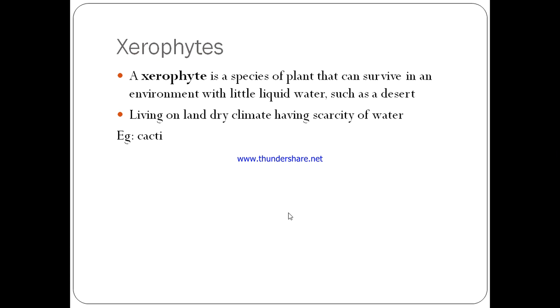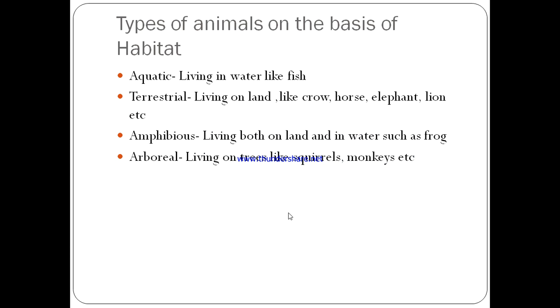Xerophyte is a species of plant that can survive in an environment with little liquid water. Example, desert. These xerophytes live on land which has a dry climate with a scarcity of water. Example, cactus. On the basis of habitat, animals can be classified into four: aquatic animals, terrestrial animals, amphibious animals, arboreal